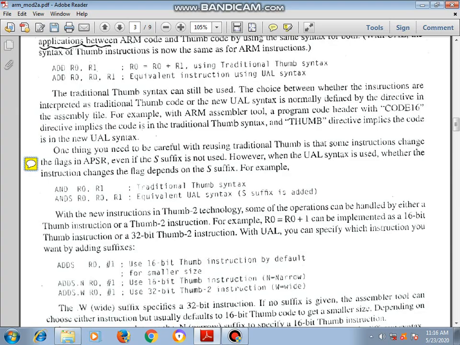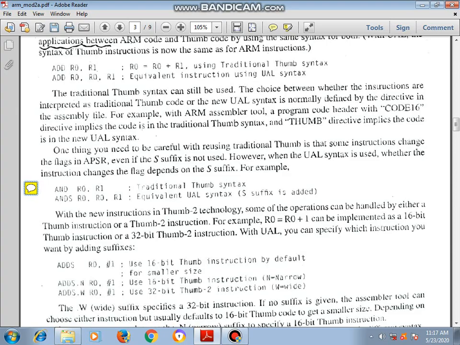Usually if you use traditional Thumb instructions, they may change the program status register even if the S suffix is not used. Sometimes this program status register can be changed. But as we have seen in the previous example, in UAL syntax, only if suffix S is used will the APSR be updated.